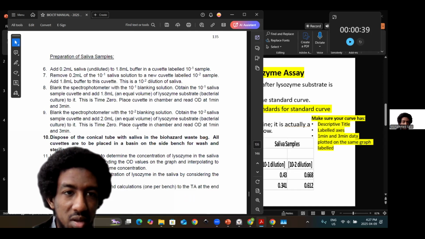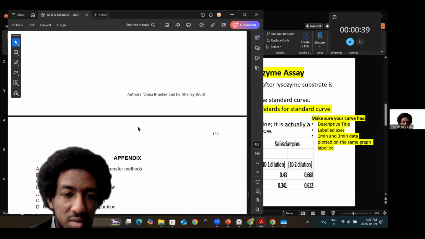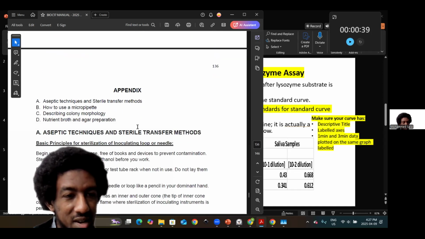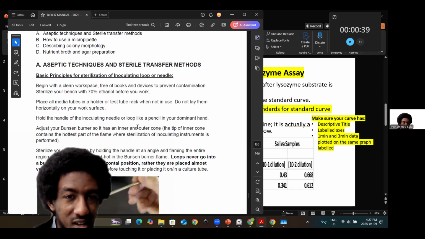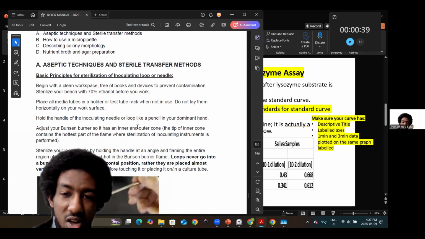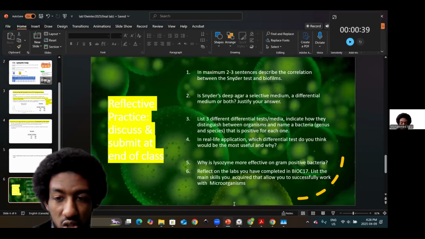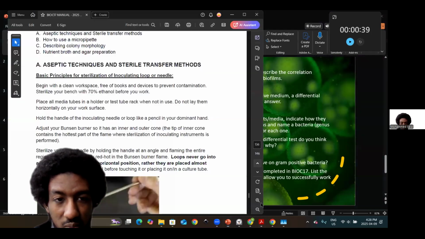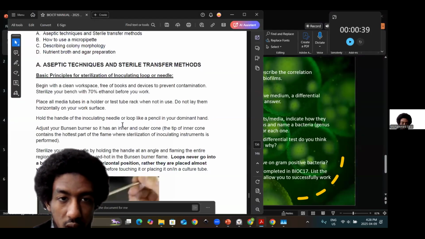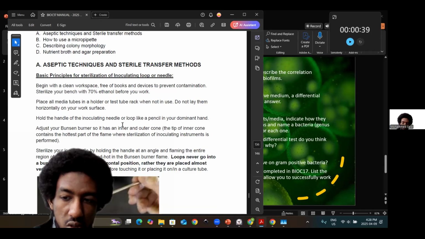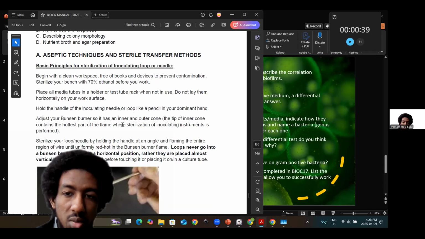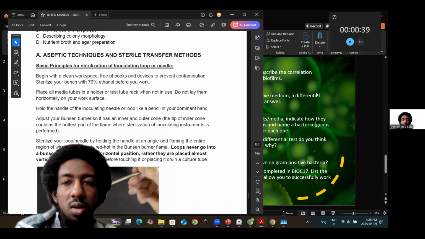Yeah, so actually, believe it or not, this was the prep of the saliva samples. You have the appendix, aseptic techniques, sterile methods, right? So this connects us to the reflective practice. What new concepts and connections were you learning, right? In the last question, I want you guys to look back, even through the appendix if you can. Focus on what I've touched upon, the material, right? And I want you to once again